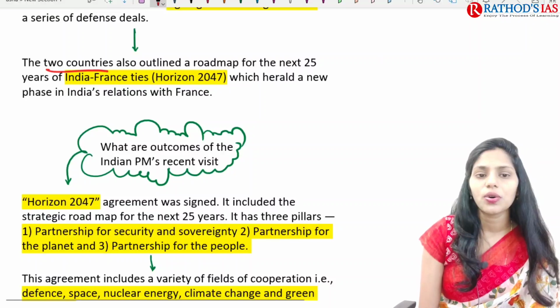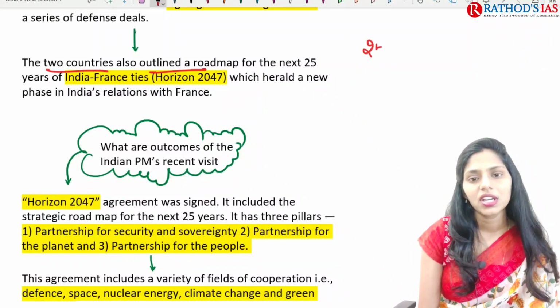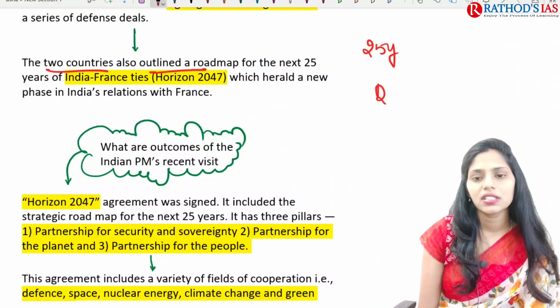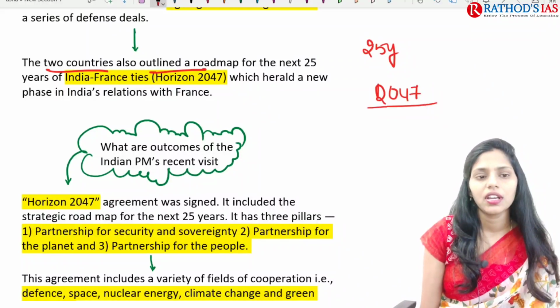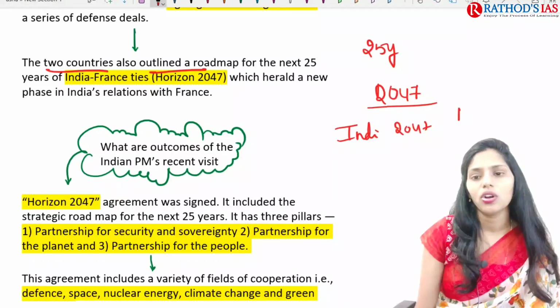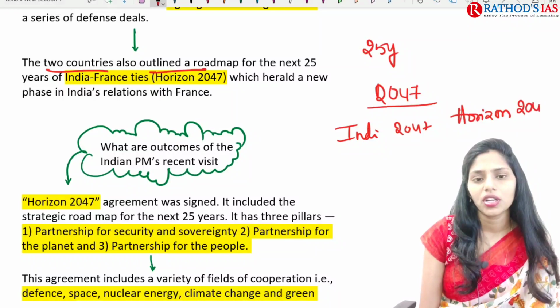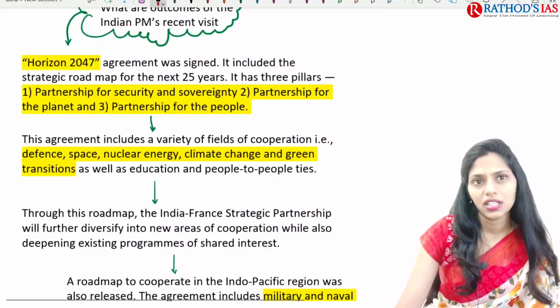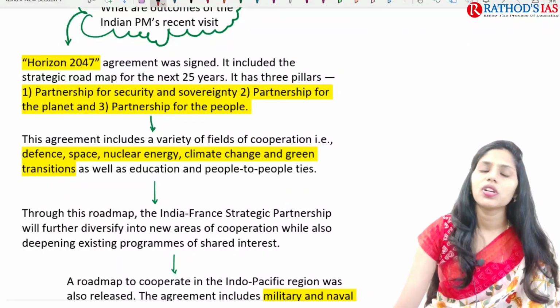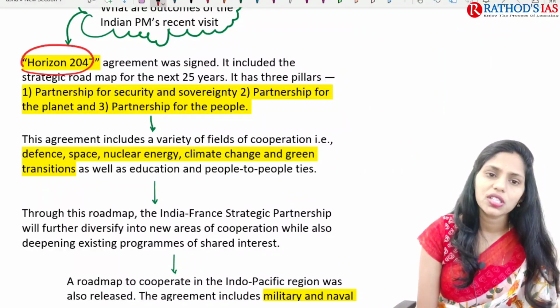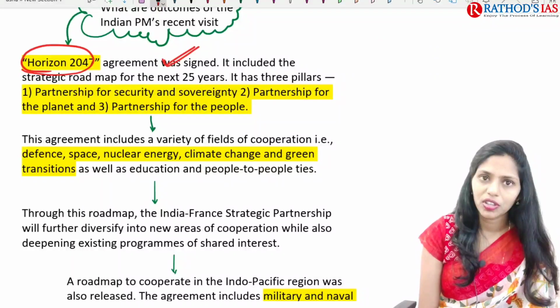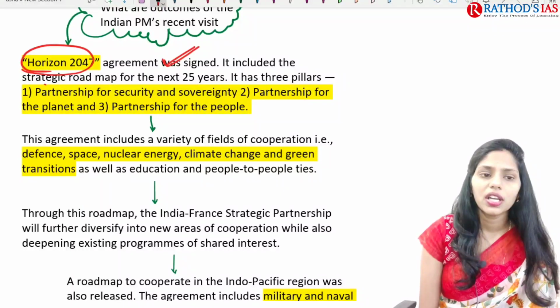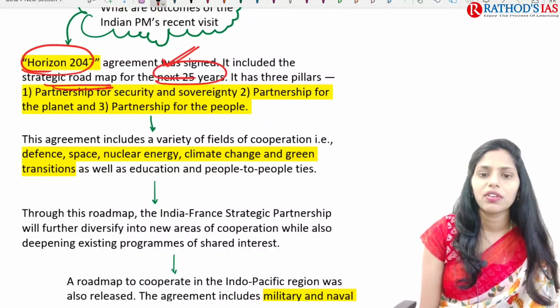And the two countries also outlined the roadmap for the next 25 years, that is till 2047. So it is called India-France Ties 2047, or Horizon 2047. So if we are talking about the outcomes of India's Prime Minister's visit, first and foremost is Horizon 2047. This agreement, which was signed between India and France, included a strategic roadmap for the next 25 years, and